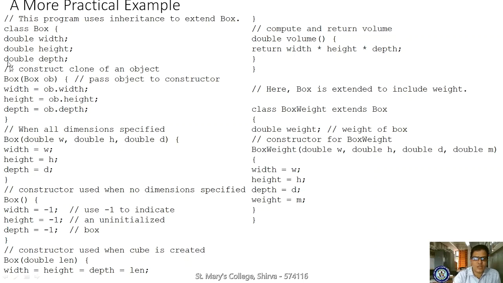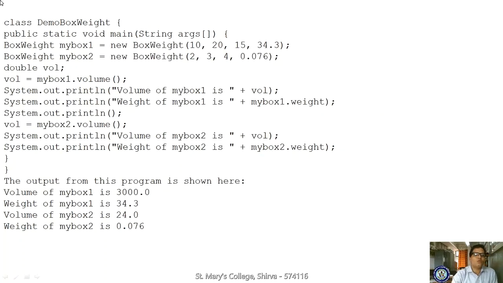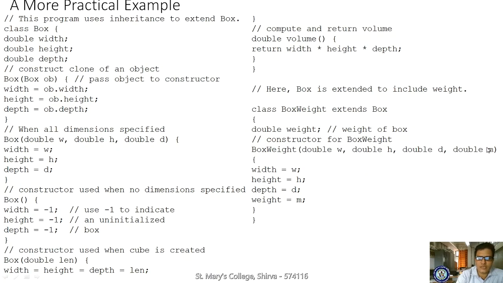And now, is there any main method in these two classes? No. Now I'm writing one more class, that is BoxDemoBoxWeight. We are taking the main method. In the main method I'm creating the object for the subclass. What is the name of the subclass? BoxWeight. For this BoxWeight I'm creating the object mybox1. Whenever I'm creating it, I'm supplying the 4 parameters. These 4 parameters will automatically initialize here. Whenever it is initializing, automatically these constructors are initialized, because we are using the constructor concept. Through the child class, base class constructors are initialized.